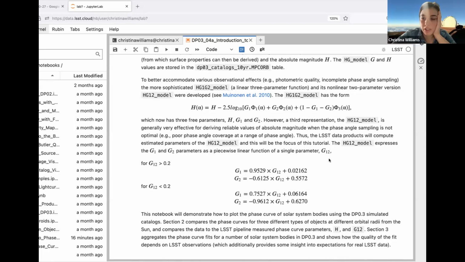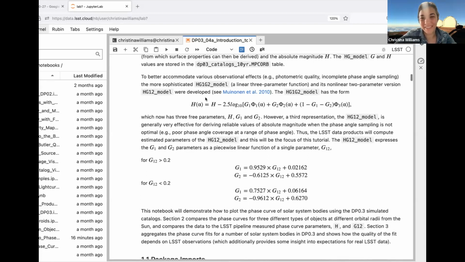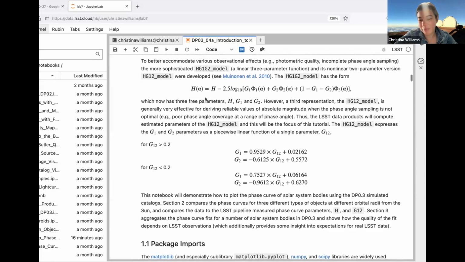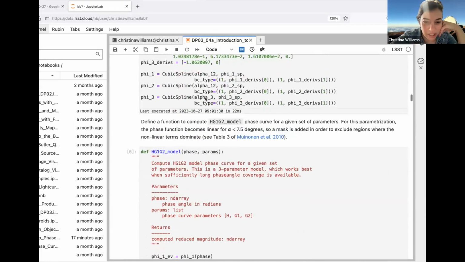Why don't, since I already ran my notebook, should I just keep going? Yeah. Okay, and then when we get to the point where people get different answers than me, we can compare the object that I show. We picked out a few good objects to show the phase curves. So yeah, we'll give you a look at the variation for those plots. All right, sounds good. Okay, so I'll keep going.